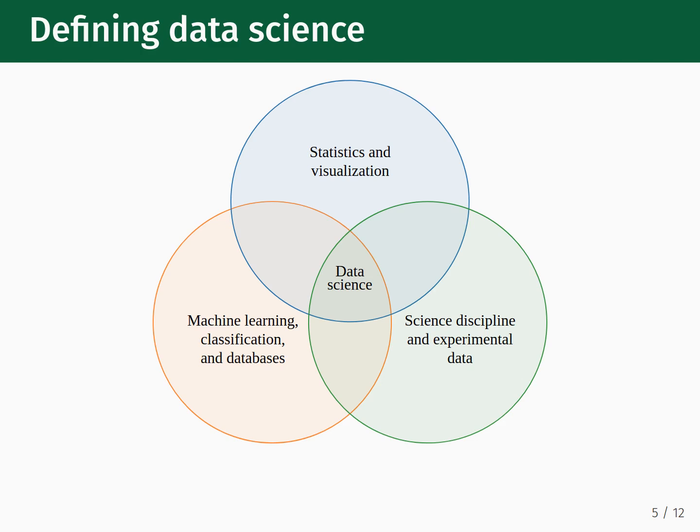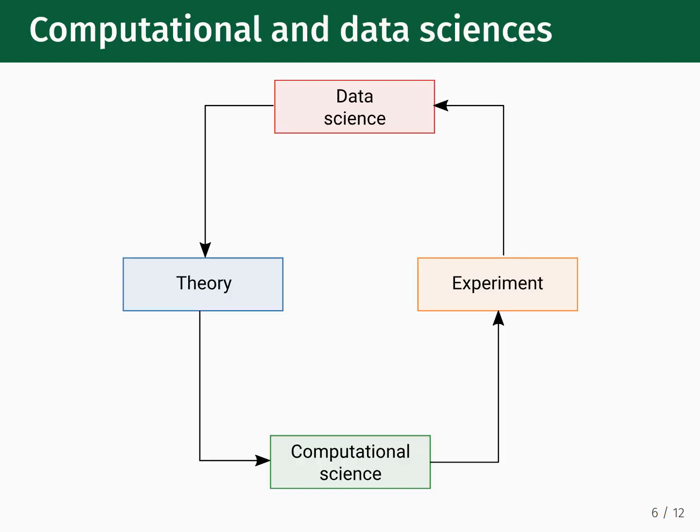So now we return to our diagram of the scientific modes, where we add in data science and redraw the connections. We now imagine the modes participating in a scientific cycle. The cycle can begin with an experiment that produces new data that is handed off to data scientists. The data scientists find patterns in the data, which enhances the information available to theoreticians as they build new and more accurate mathematical models.